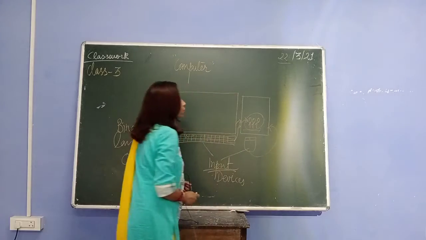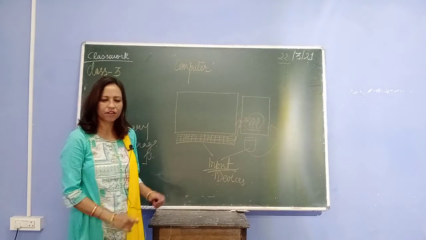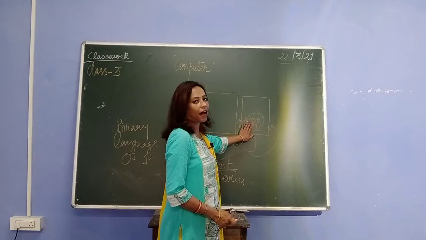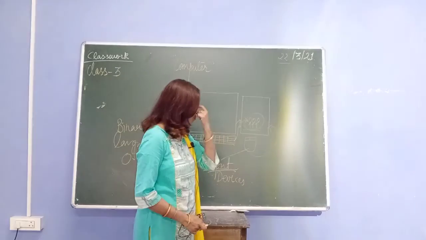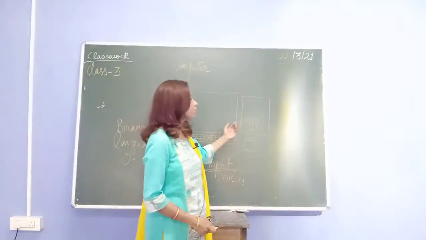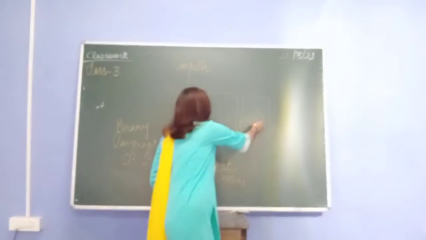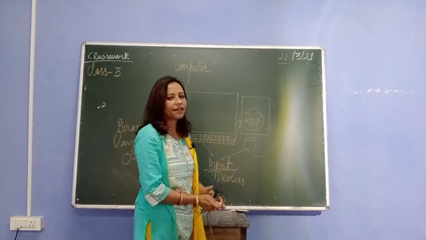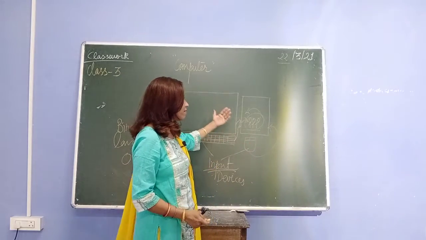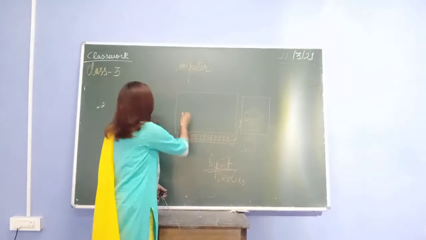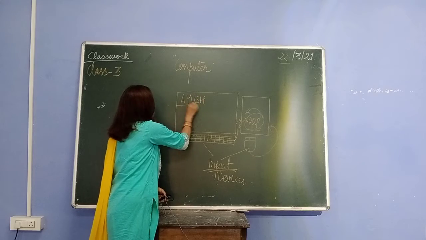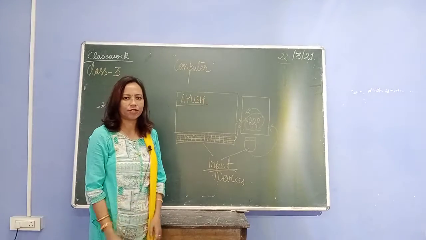Computer understands that you want to write Ayush. Your name is Ayush. Your command, your order to write is Ayush. Okay, but as we all do not understand this binary language, what the computer does for us is it again transfers it into English. It accepts it in binary language, but it again transfers it into English language and shows us on the screen as AYUSH or whatever you have typed on the keyboard.